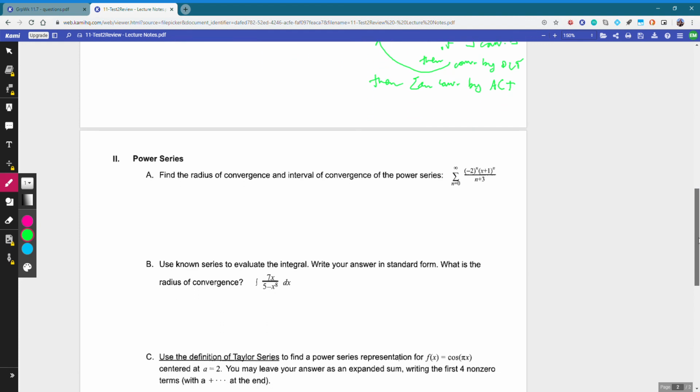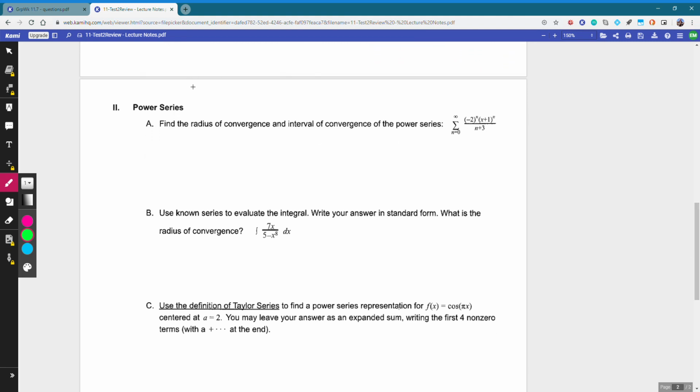All right, power series are infinite polynomials. And so for this first one, find the radius of convergence and interval of convergence of this power series. And so what comes into my mind first of all is the radius of convergence. To do that, we'll want to use the ratio test. And that's what we'll use to figure out which of our 3 possibilities this thing's in, right? And those 3 possibilities are that this thing converges